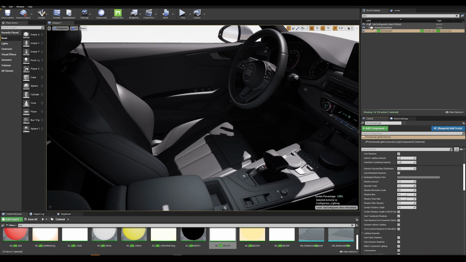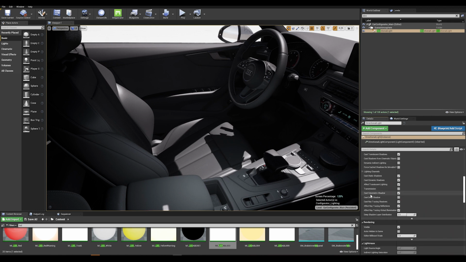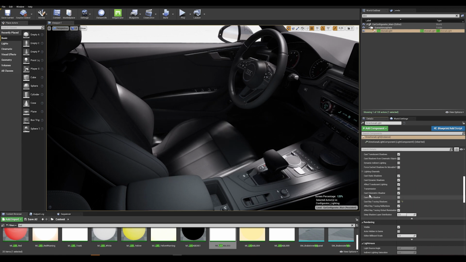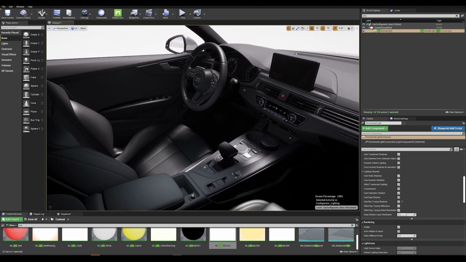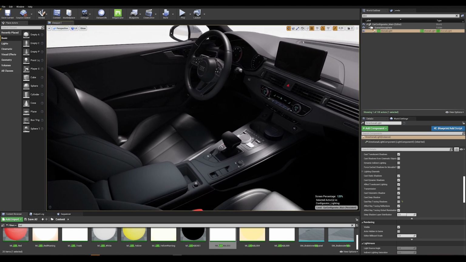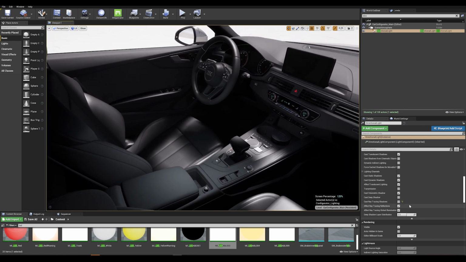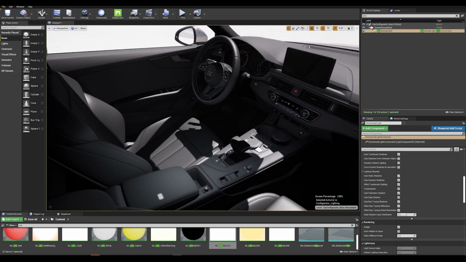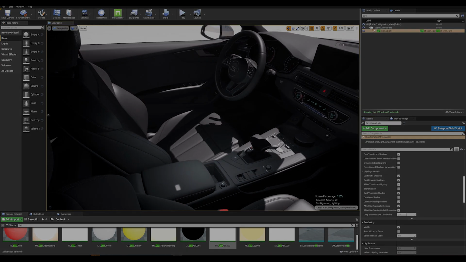And if I scroll down, we can actually turn off ray traced shadows. If I turn that off, this is using the default shadow method. That's definitely lacking some definition here. And as soon as I turn that back on, we get all that ray traced lighting information that is able to evaluate the objects in the scene in a much more accurate way.